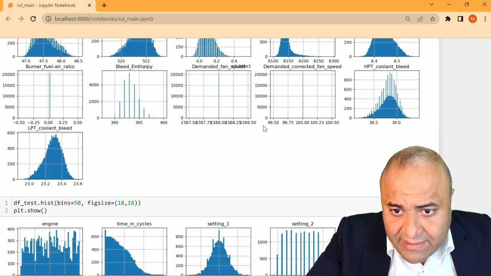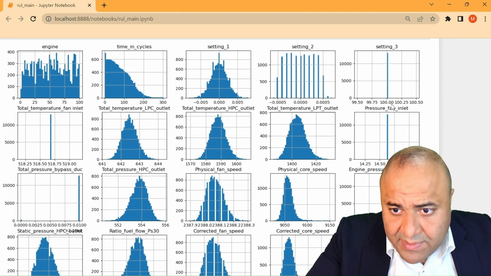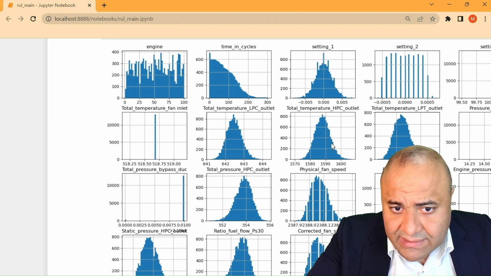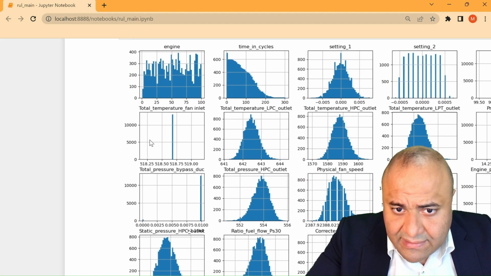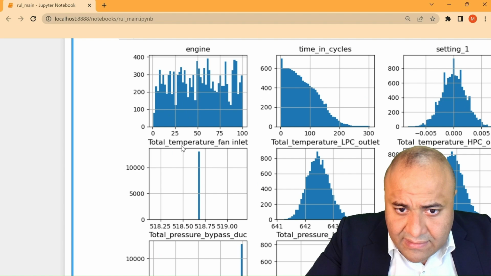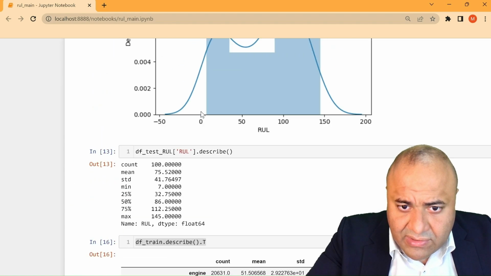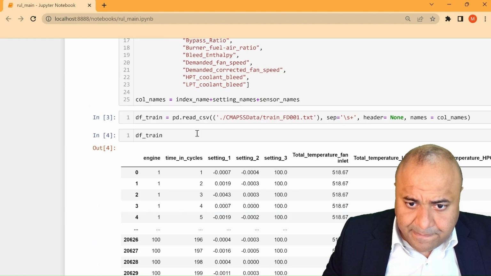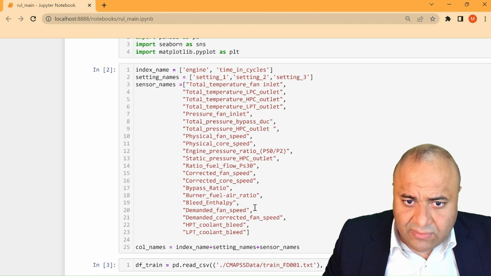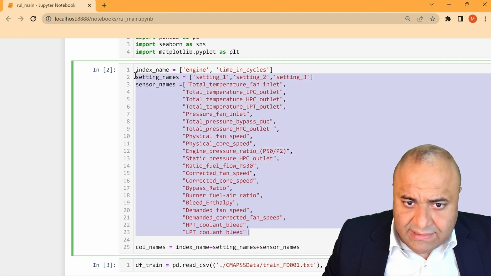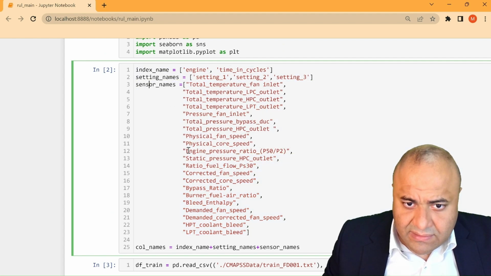So setting 3, pressure. Here you can see setting 3, and total temperature fan inlet. In order not to make errors ourselves, we just take this one,